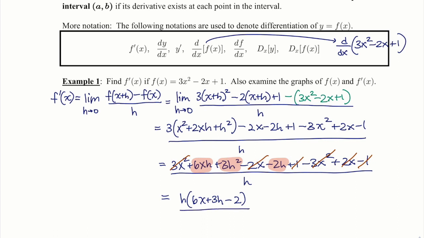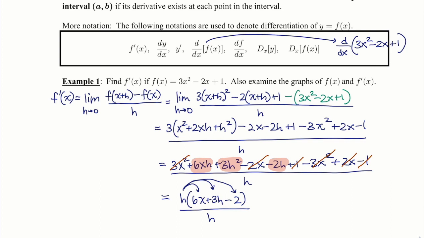And it's always good to double check that if I were to distribute this h, I would get back to the 3 terms that I had there. And I certainly would. I'd have 6xh plus 3h squared minus 2h. This seems to be a common step at which many errors are made for students. So take that moment to distribute that h and make sure that you would have the terms that were there